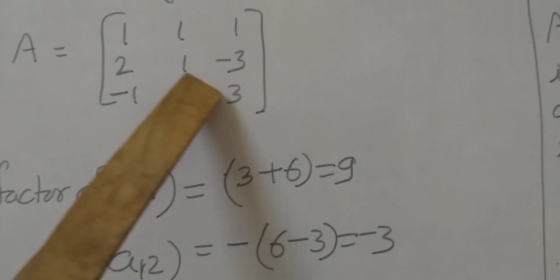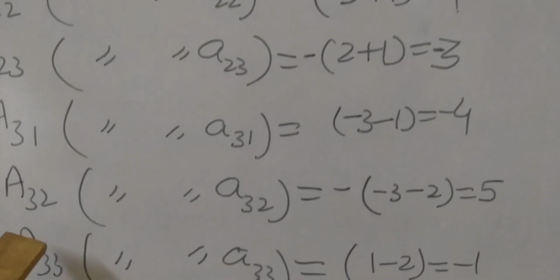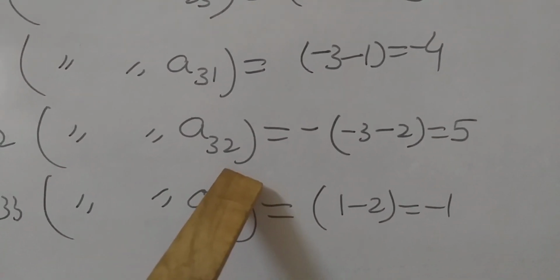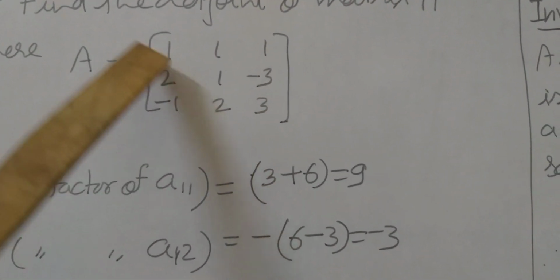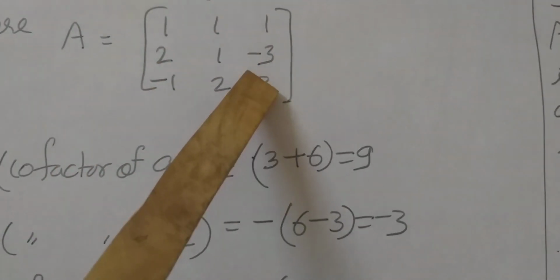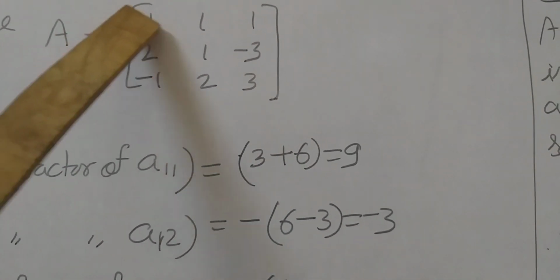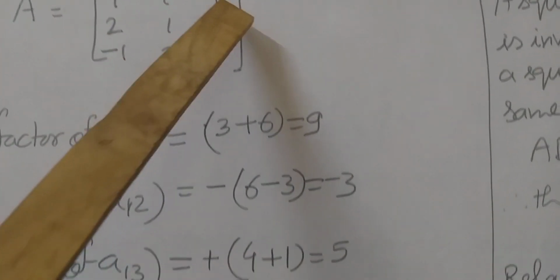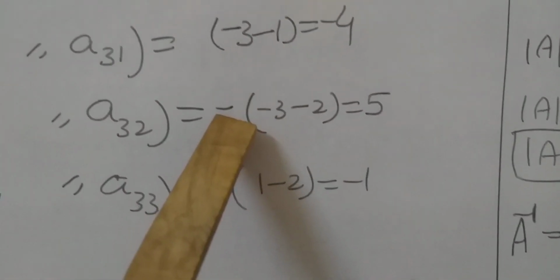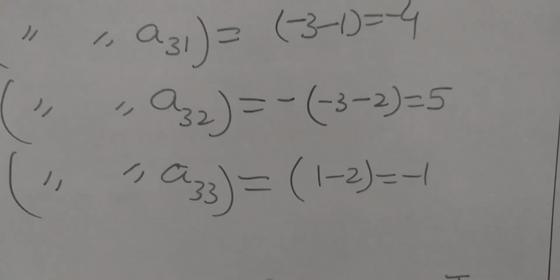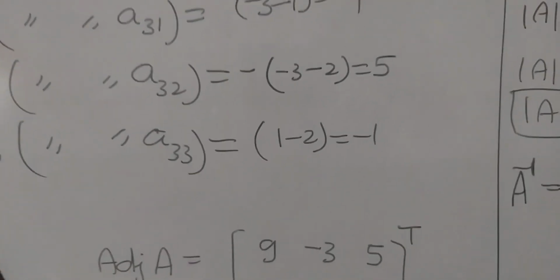Now student, the cofactor of A32. This is A32, student. It is an odd place. 3 plus 2, 5. That's why we have to put a minus sign. Let us delete its row and column. The left values are 1 2, 1 -3. Find out its determinant, minus 3 minus 2, so it is minus 5, and the outside minus becomes plus, so A32 equals 5.